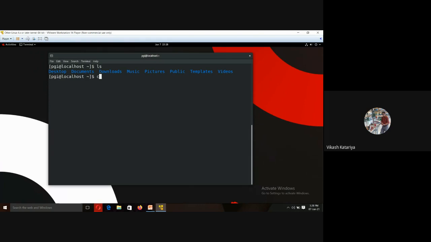So let's create a file. To create any file on a Linux machine, you have to use the cat command. Cat space greater than and the name of the file. Let's suppose file1. Enter. Now it is asking for the content of the file, what you want to write in the file. So suppose this is my first Red Hat file.